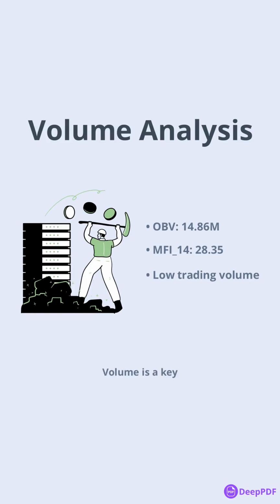Volume is a key indicator of market participation. TXN's on-balance volume, OBV, stands at 14.86 million, while the Money Flow Index, MFI14, is at 28.35, suggesting weak buying pressure. The volume ratio over 20 days is 0.548, and the relative volume is 0.444, both indicating below-average trading activity. This lack of strong volume could mean that recent price moves lack conviction, making the next breakout or reversal more